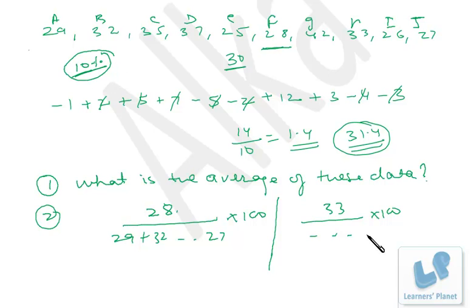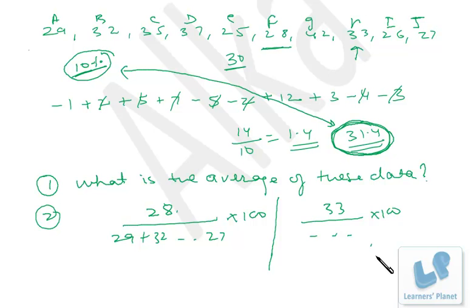Okay, now suppose I have to find out the percentage of 33, right? The contribution of 33 I assume to be 10%. Now I have to find out the actual contribution of that. So here the average that we calculated was 31.4. Okay, that is actually 10%. Now 33 is what? 1.6 more than this.